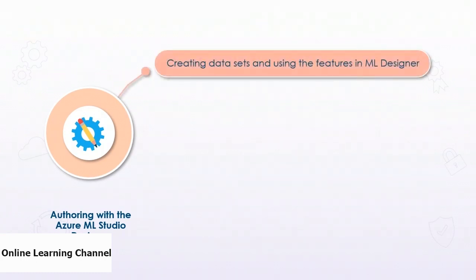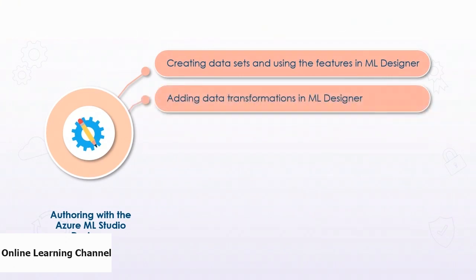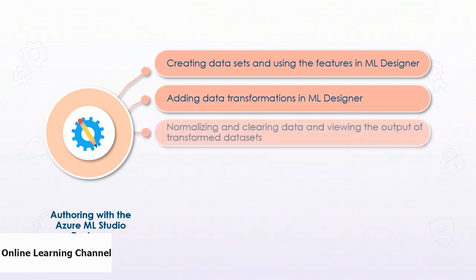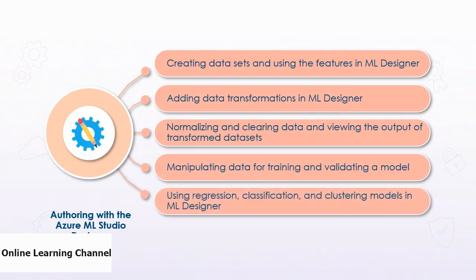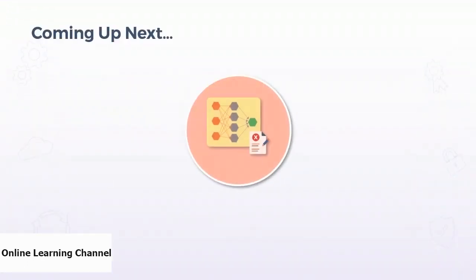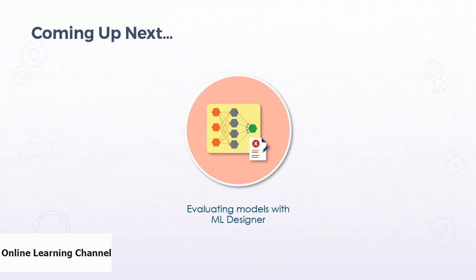So in this course, we've used the Azure Machine Learning Studio Designer to create and build a custom AI pipeline. And we did this by exploring using the ML Designer to create a dataset and use features, adding data transformations in ML Designer, normalizing, clearing data and viewing output of transformed datasets, manipulating data for training and validating a model, and using a regression, a classification, and a clustering model in ML Designer. In our next course, we'll use the Azure Machine Learning Studio scoring and evaluation metrics to evaluate and test a predictive